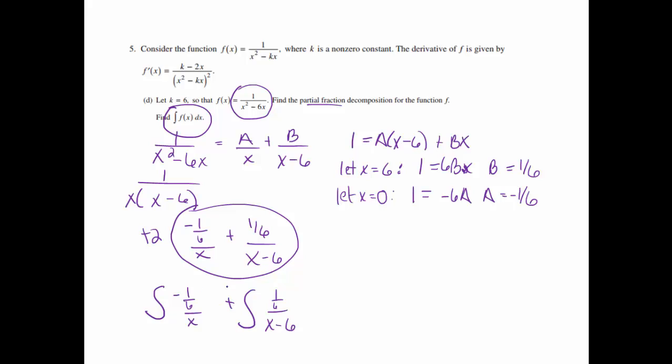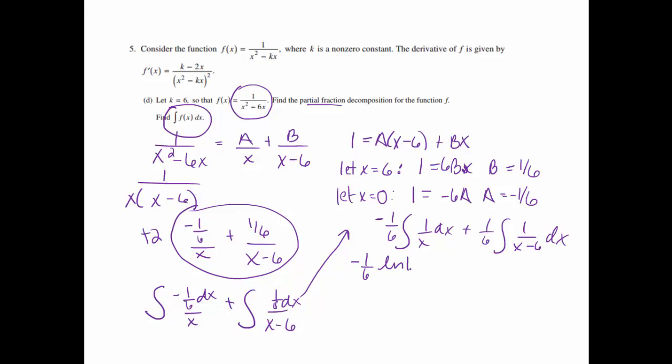For each of these, the 1/6 is a constant, so I can just pull those out. So -1/6 and then 1 over x dx, plus 1/6 and then 1 over x minus 6 dx. Both of these are going to be ln, so we'll get -1/6 ln of x plus 1/6 ln of x minus 6. And then I'm going to factor out a 1/6. So now I'll have -ln x plus ln of x minus 6, and then we can go one step farther,